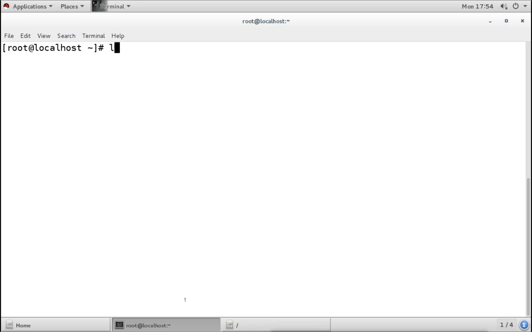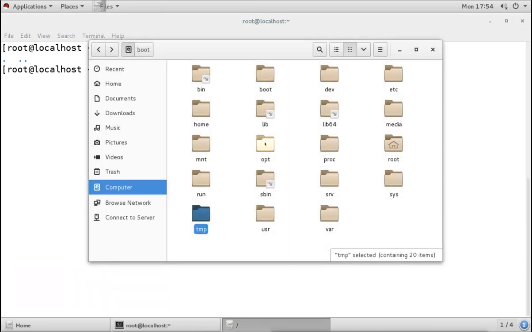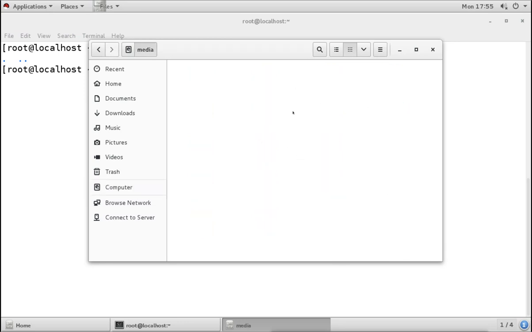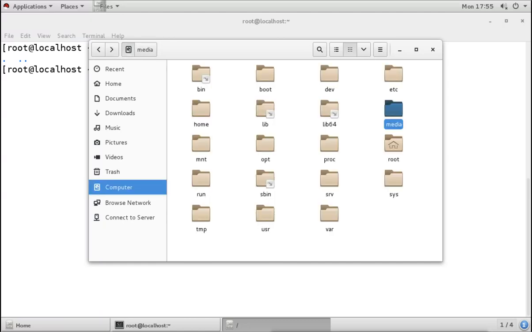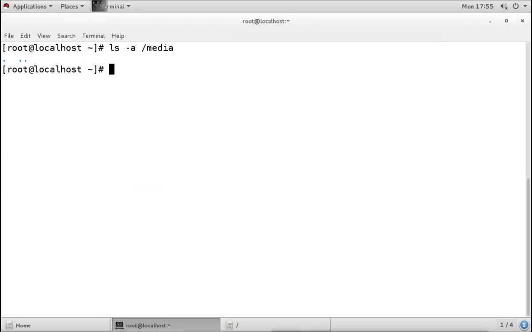Now I was saying that if I list the /media directory, you see the directory does not have any content. If you see graphically, this is the media directory. If I go there, there is no content here, but still it is showing these two, dot and double dot, and they are in blue color.